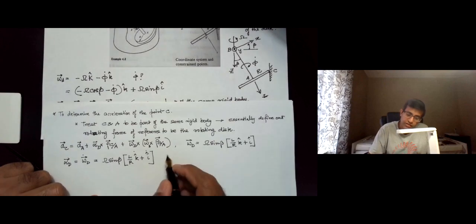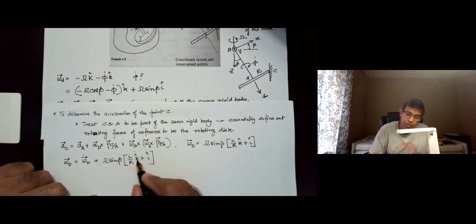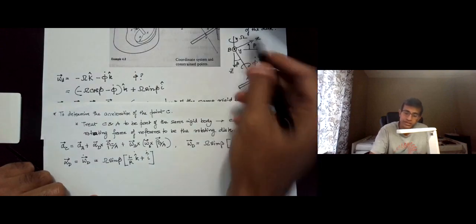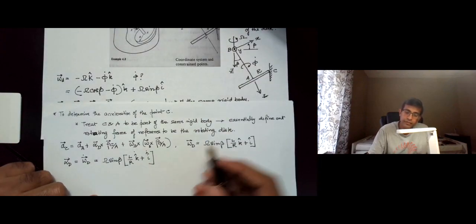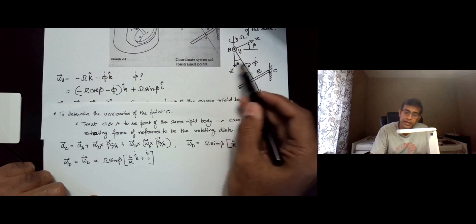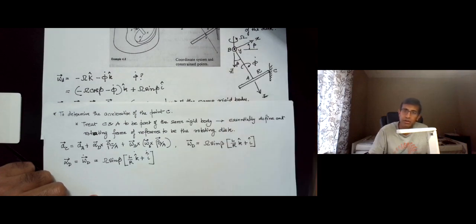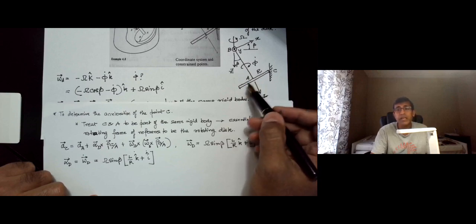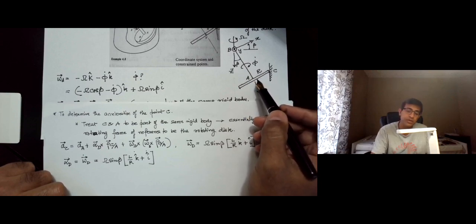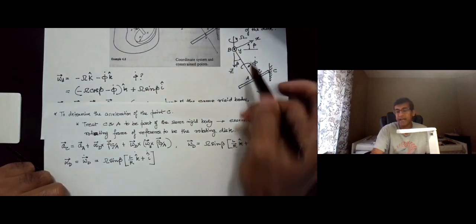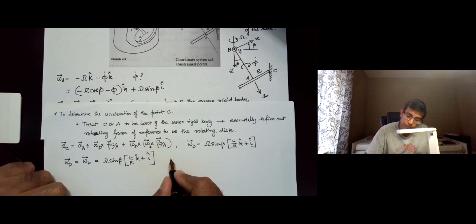So the question that we now need to ask is, what is the angular velocity of this small xyz triad? By definition, the xyz triad is simply rotating with an angular velocity of capital Omega. It does not have the spinning angular velocity of the disk, because it is not fixed to the disk. It is only fixed to this rod which forms the axis of the disk. So therefore